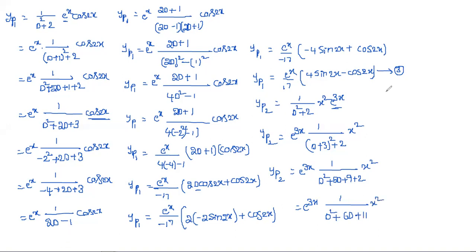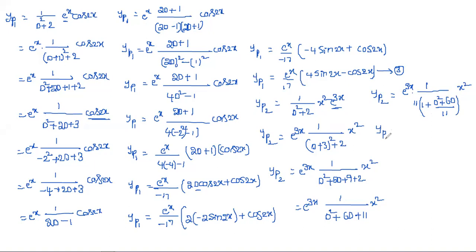Now we need to apply the third method. So how to apply that? yp2 is equal to e power 3x into. So here, which one do we need to take common? Third method in the sense that we need 1 plus or 1 minus. So for that we can take 11 as the common one. If you take 11 as common, what will we get? (D square plus 6D by 11) into x square. Are you getting it or not? See, 11 into 1 is 11, and 11, 11 cancel.